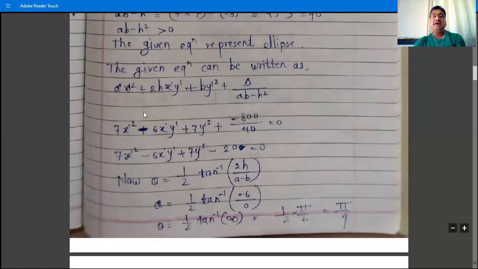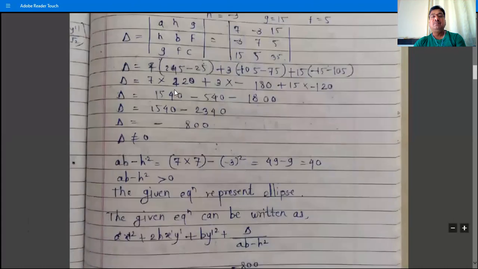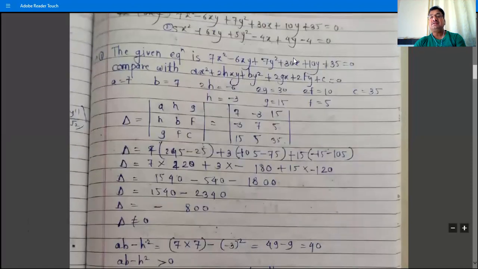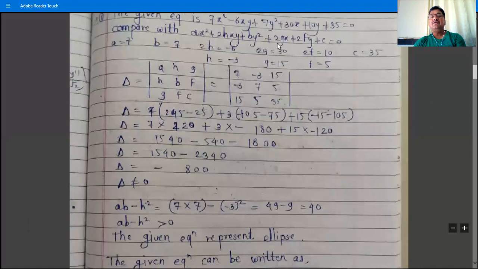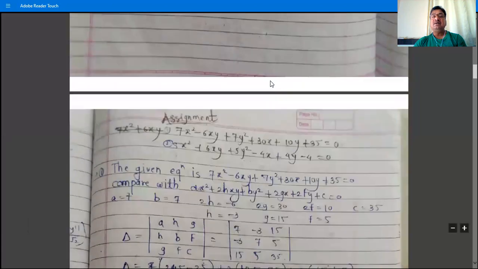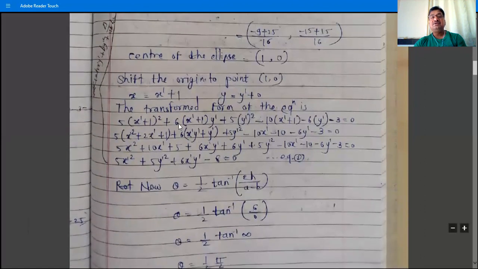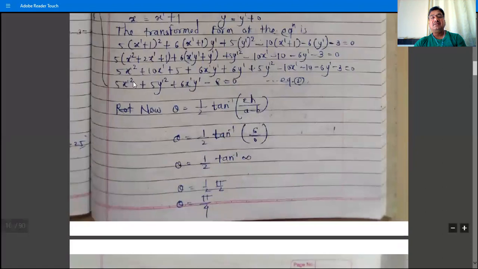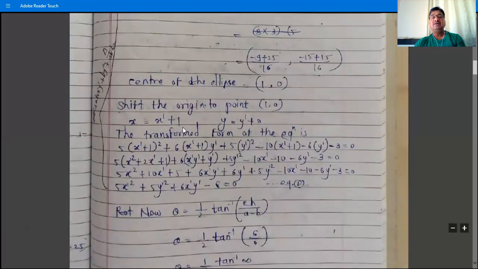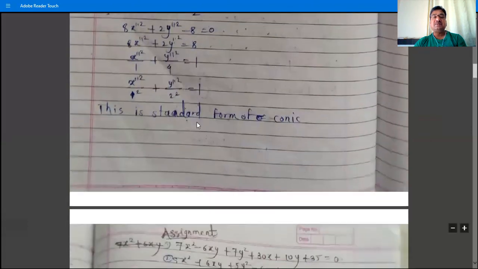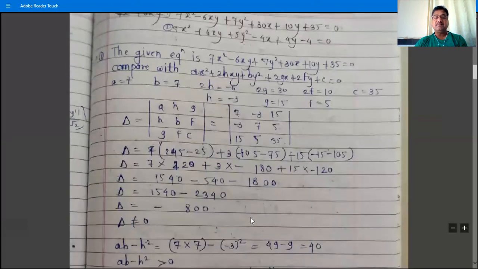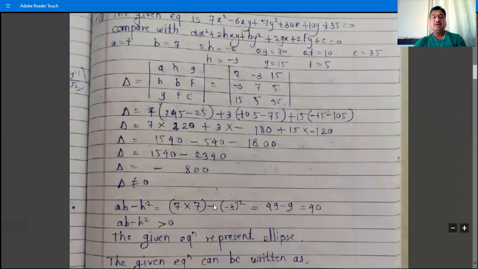And then now we have to find the equation number 2. That is, we have to remove the linear terms x and y from this equation. So in order to remove these linear terms x and y from this equation, either follow this procedure, that is, find the center of the ellipse and then shift the origin to that center and then find the transformed form, or directly, in order to obtain this equation number 2, directly use this formula, that ax dash square plus twice h x dash y dash plus by dash square. The formula is this. Okay.